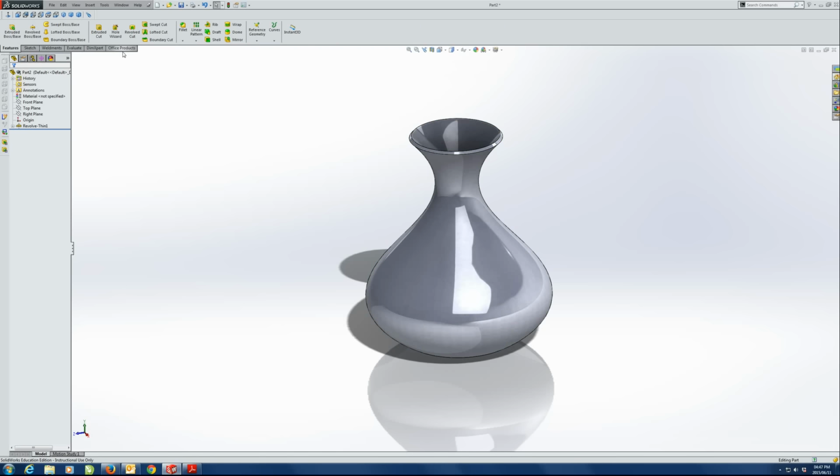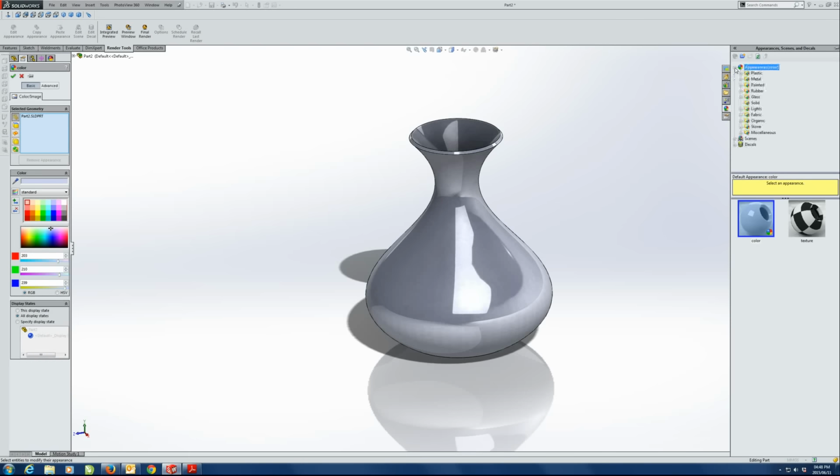The first thing we need to do is up here under tab on Office Products, we need to switch on PhotoView 360. Right? So we're going to switch it on, and you'll see a brand new tab opens over here called Render Tools. Open this tab. The first thing we're going to do is we're going to say Edit Appearance. Right? And you could have selected your material from here already, like I've showed you in class before, but for a rendering, it's a better solution to say Edit Appearance. Right? So we click on Edit Appearance,